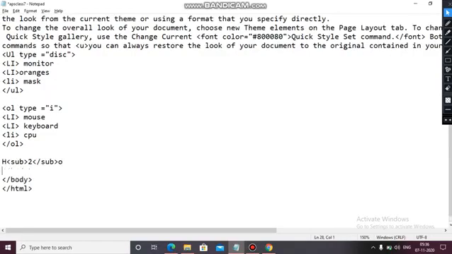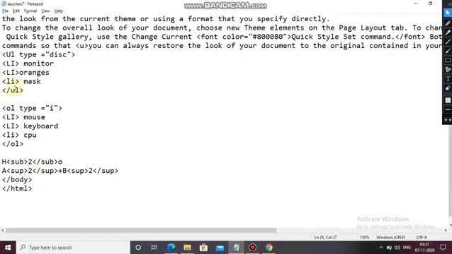And for superscript I write a, sup, 2, then backslash sup, then again plus b, then sup, 2, then close sup, means a square plus b square.